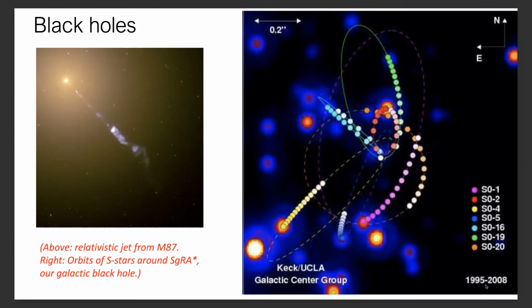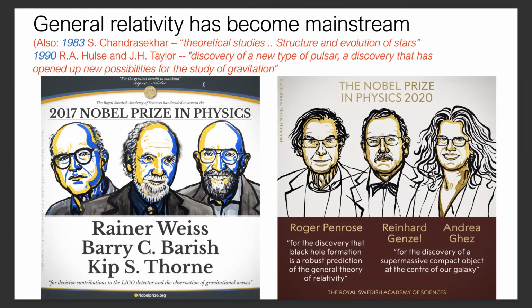So the pulsar that they saw was one that allowed them to track the decay of the orbit in time, and which they were able to match precisely with what Einstein had predicted. So that was really the first indication that gravitational waves and the emission of gravitational radiation was a real thing. But it took some years before the Nobel Committee began awarding the Nobel Prize to strong gravity